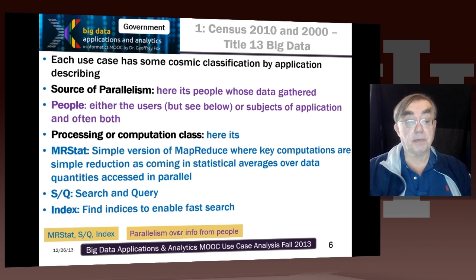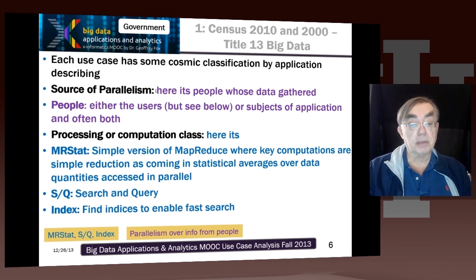And we repeat at the bottom exactly the same categories we had and the same text as we have from the previous slide. And at the top here, we actually go into some detail. So it points out that we're really recording for each use case two types of information: the source of the parallelism, because as we'll discuss later in this class, parallelism is always, and we've actually already illustrated, parallelism is typically